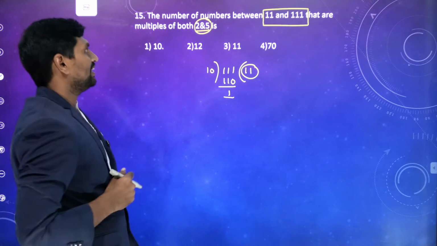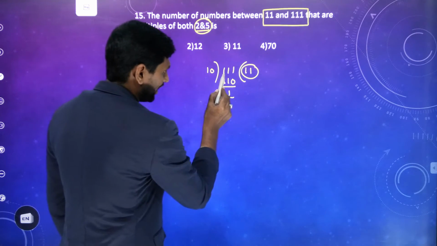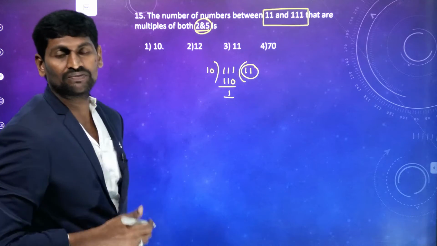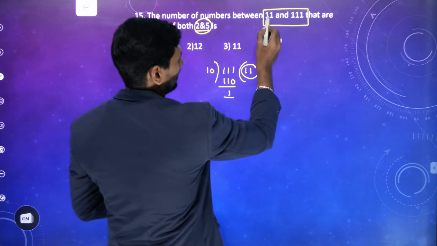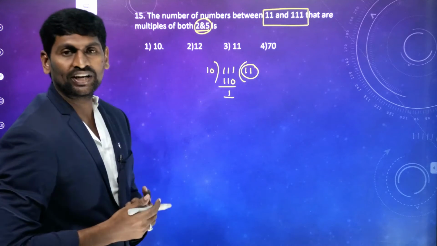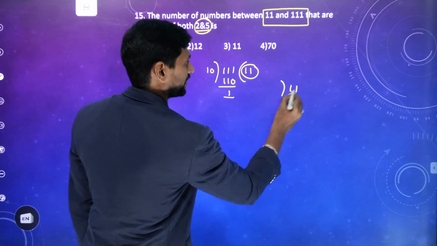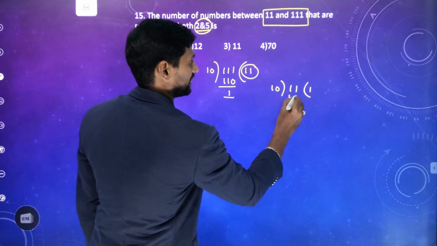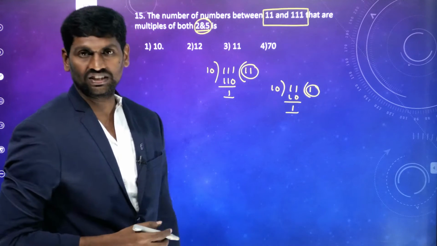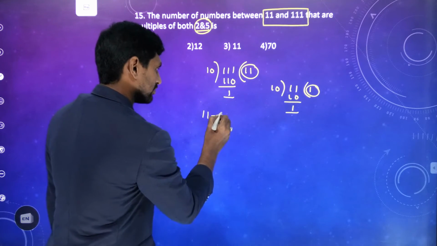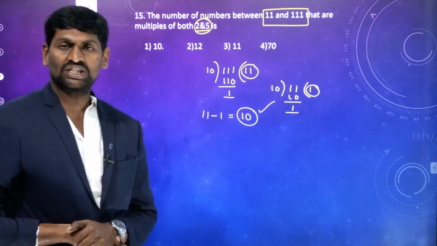So 11 numbers are there, but here I have taken from the first number up to 111. But the question asks about 11 to 111. That means up to 11, how many numbers are divisible by 10? 10 ones are 10. Now this one we should not consider, so 11 minus 1, 10. There are 10 numbers which are divisible by